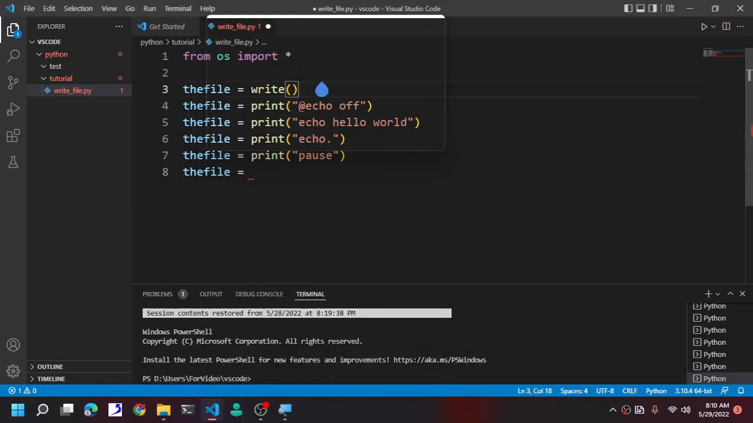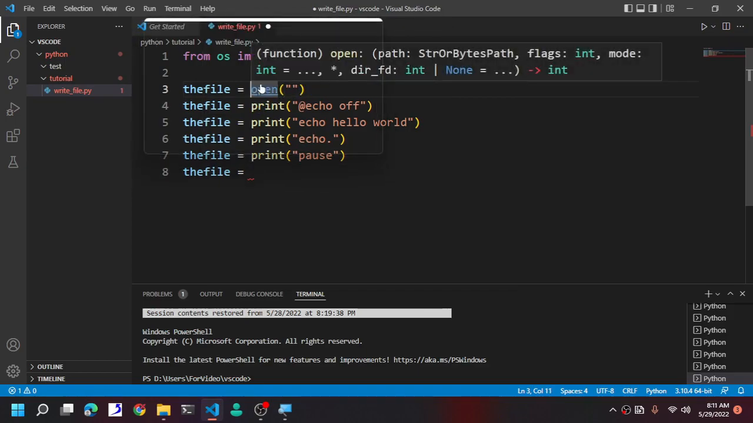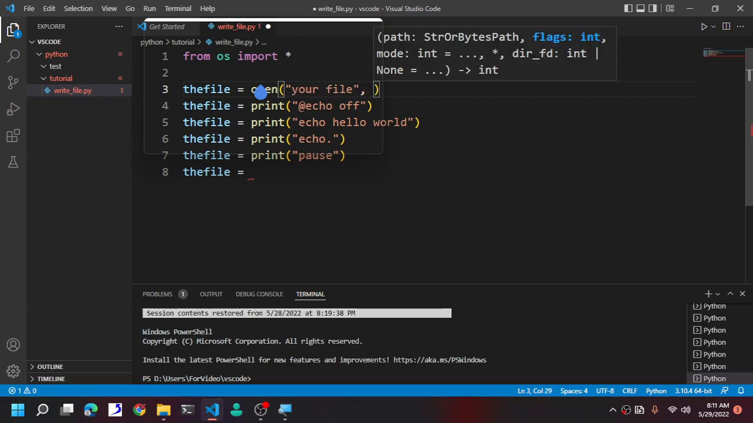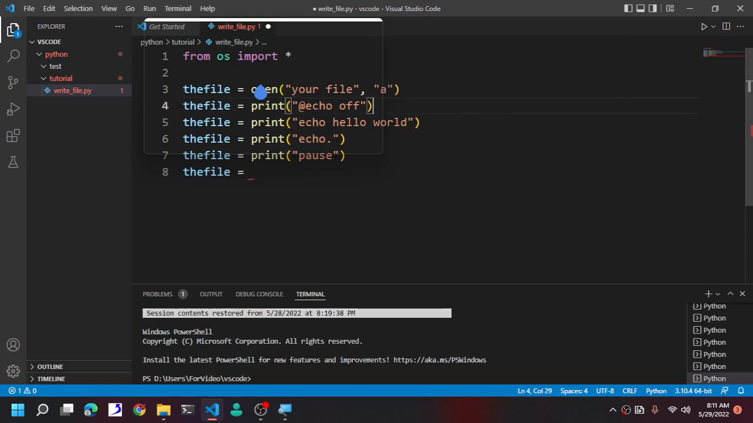Oh, it turns out I made a mistake. It should be open, not wide. So as you can see here in this command right here, you type open and then give it a file name. Your file, make sure you don't put any space, or maybe you can. After that you give it an argument, a. We are going to create a file, so we are going to use the a argument. And after that